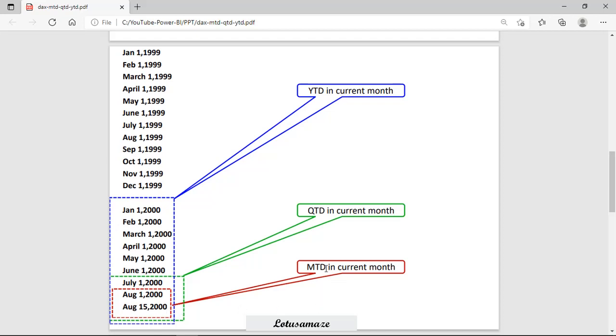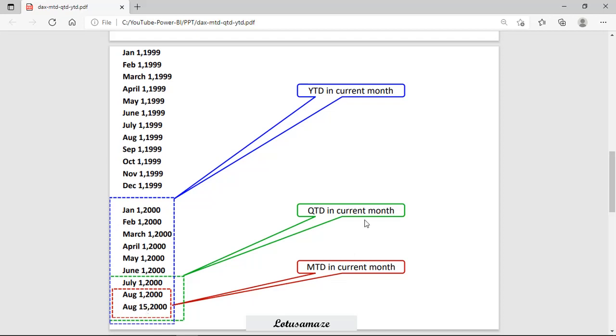MTD will extract the dates for the current or latest month, that is in 2000 from August 1st to August 15, because there are no further dates in this column. And if you add more dates, say for September or October, then accordingly it will pick the dates from that current month.